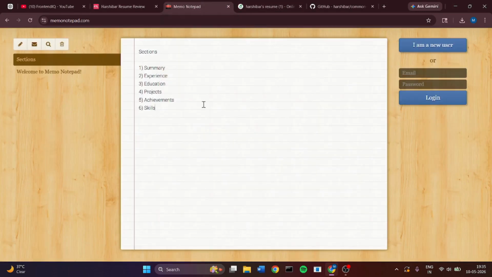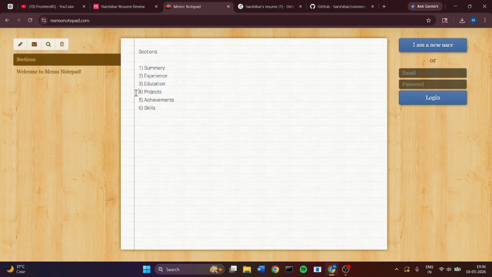Here I can also include the sections you can include in your tech resume. The first section is the summary. In a summary you can mention which technologies you are familiar with and how many years of experience you have. The second section is the experience. If you are an experienced person and you have worked in any company, then here you can include the experience. The third one is the education. If you got good marks in 10th and 12th, then you can mention this, so this will also have a very good impact on your resume.